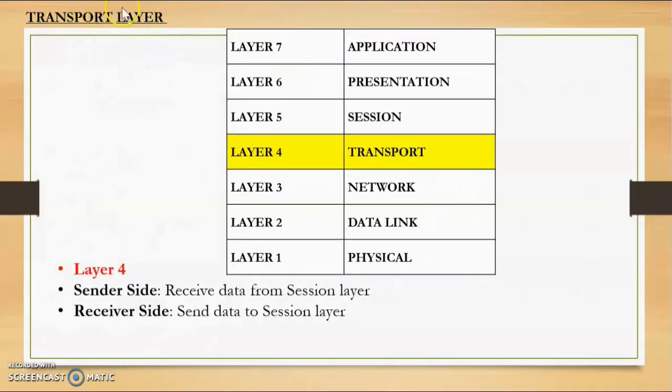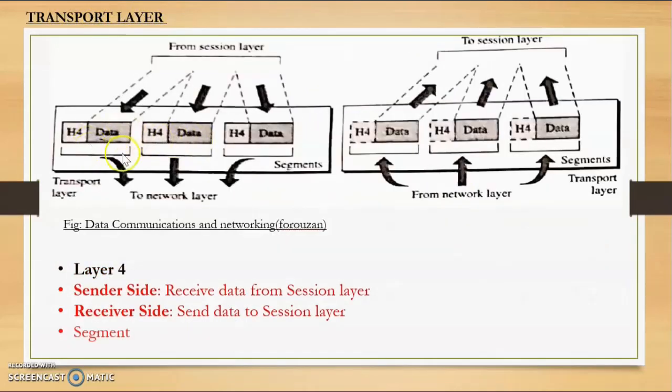Next, let us discuss the transport layer. The transport layer is the fourth layer in the OSI model. So being the fourth layer, the transport layer will receive the data from the layer above it, that is from the session layer. Then at the transport layer, the data will be divided into small segments. Also, the transport layer will add its information in the header of each segment and pass the data to the network layer. The network layer will then add its information and then pass the data to the lower layers.